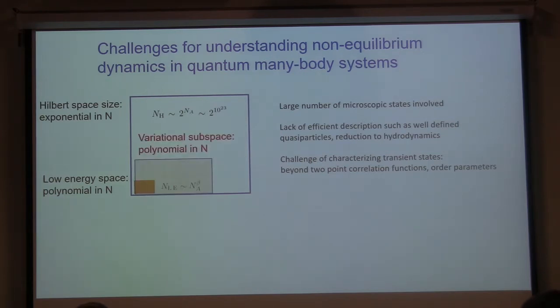So one of the central themes of my talk will be that it actually turns out that life is not so bad. For many practical purposes, we can describe non-equilibrium dynamics without taking into account all the possible degrees of freedom, still looking at subspaces larger than those needed for describing equilibrium, but ones that scale polynomially in the number of degrees of freedom, in the number of particles, and this still gives us a decent description of many experiments.